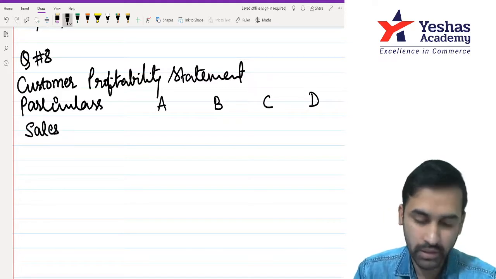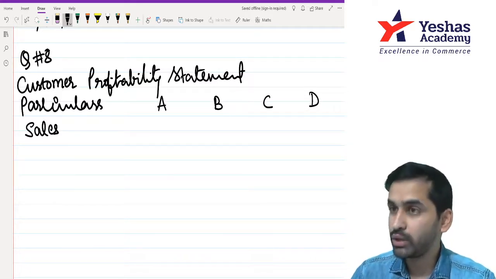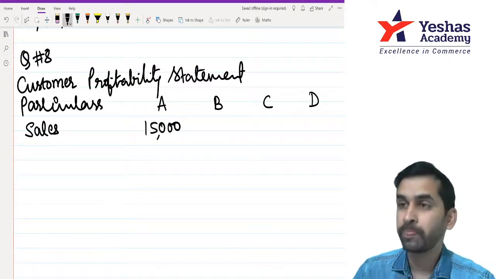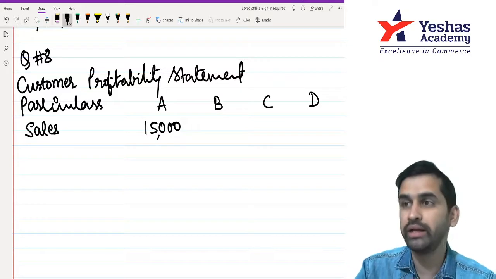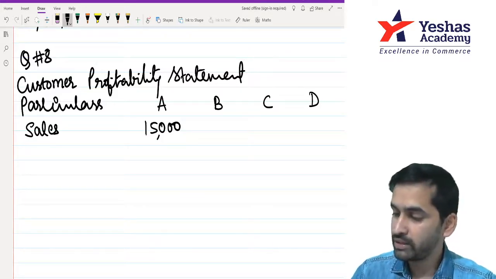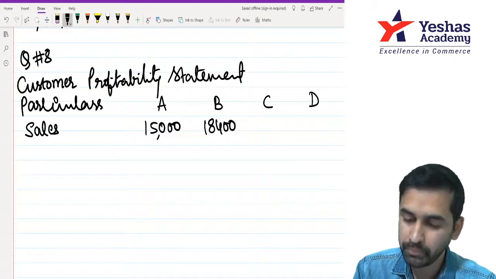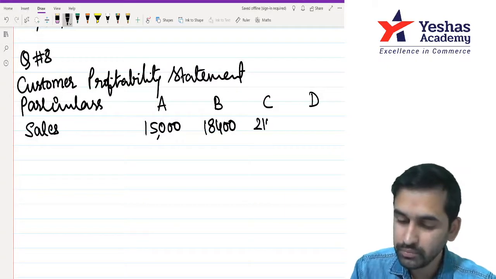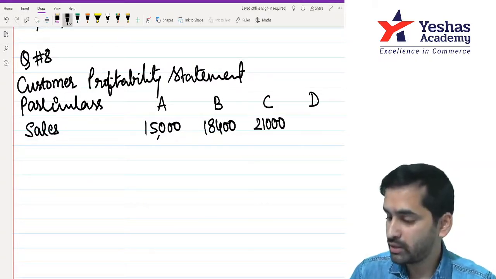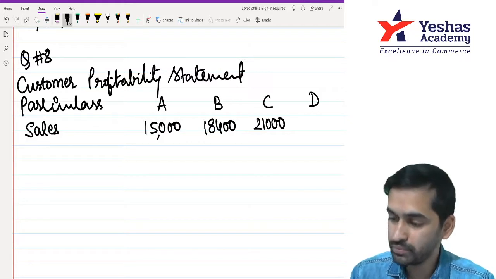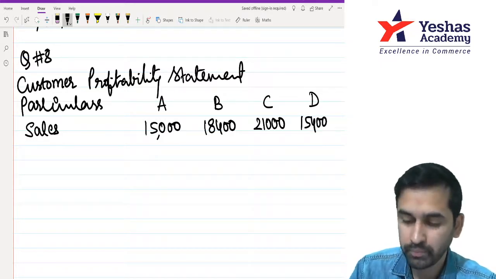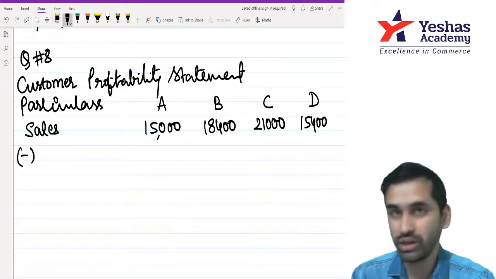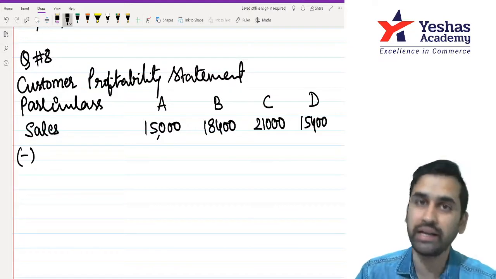First, sales. How many units? 60,000 into selling price 25 paise. Multiply that, you get sales value. Repeat this for B, C and D. 80,000 into 0.23, 1 lakh into 0.21, 70,000 into 0.22. Done. Next. You don't have any direct cost, so straight away start deducting all indirect expenses.